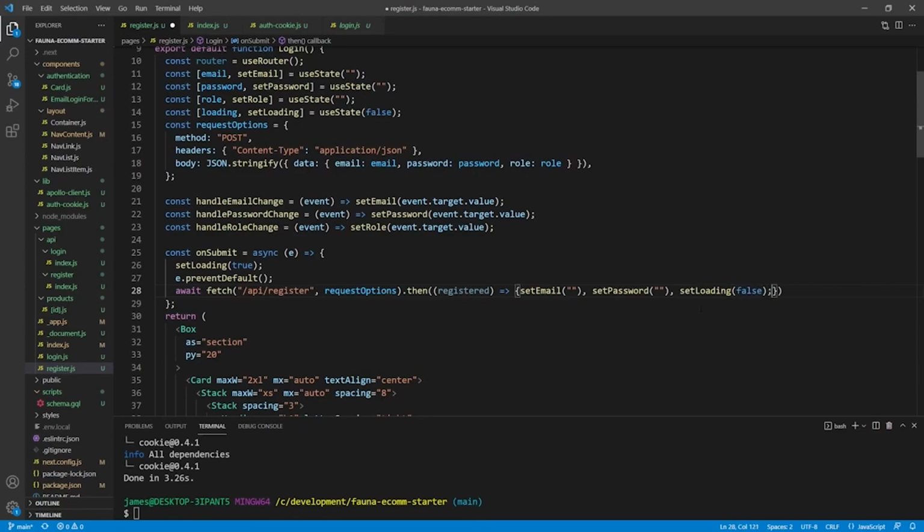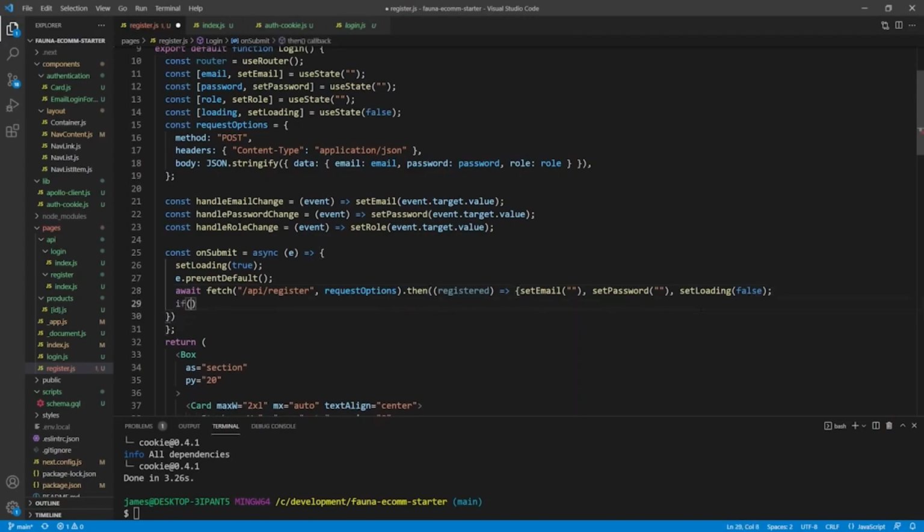Let's put this on another line to make it easier to read. We can say if registered.success equals okay,